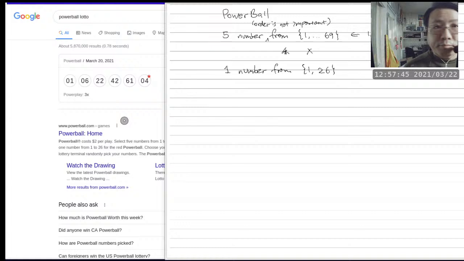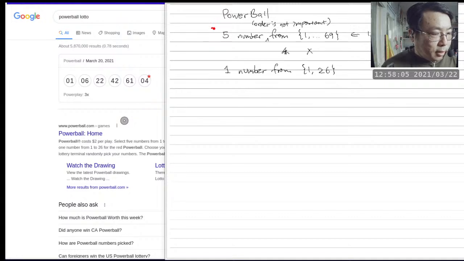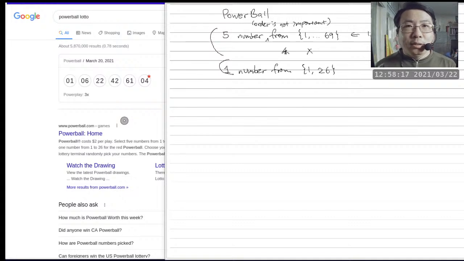Okay. So we want 5 numbers from 1 to 69. Ordering is not important. So that means 1, 2, 3, 4, 5 in a set is exactly the same as 5, 4, 3, 2, 1 in a set. So that means we have to use the U function to generate just this part here. But whatever that part has, we have to use a Cartesian product to combine that with this portion, because the